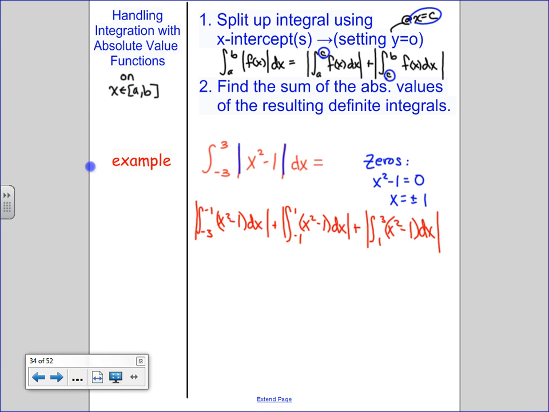Did you split them up correctly? Do you know how or have any questions about how to split them up correctly? I had to find my zeros and I had to split it up with my zeros. Bottom bound to the closest zero to it, that closest zero to the next zero, if there is one, that zero to the top bound. Then I have to